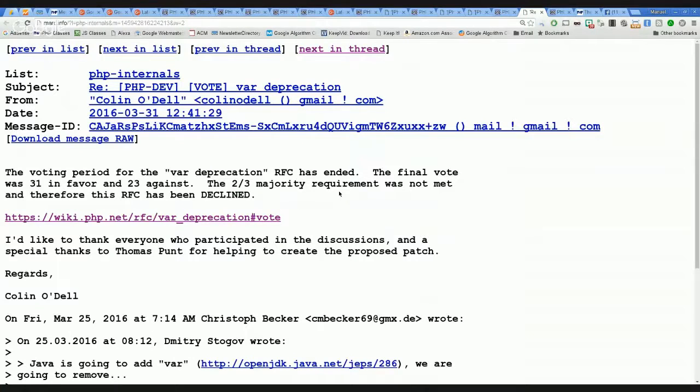Yeah. I think what they mean is that if you use VAR, your code looks old. And it doesn't mean that it does not work, but I think people want to see PHP code with a different face when it is for newer PHP versions, almost as if it was a new language, which sometimes it looks like. And other than that, one thing that I wanted to comment is that if we are going to deprecate VAR, why not deprecate function? I mean,